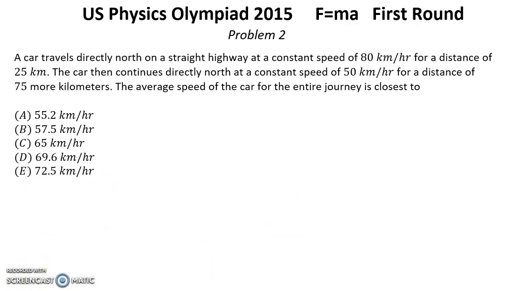Problem number 2. A car travels directly north on a straight highway at a constant speed of 80 kilometers per hour for a distance of 25 kilometers. The car then continues directly north at a constant speed of 50 kilometers per hour for a distance of 75 more kilometers. The average speed of the car for the entire journey is closest to